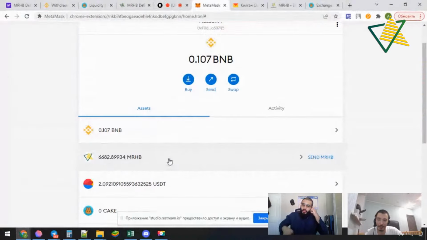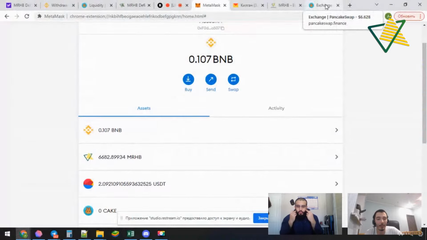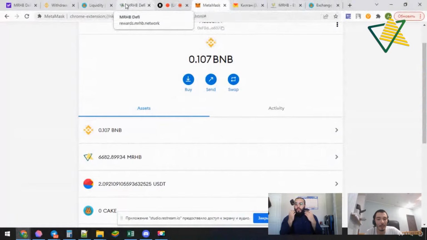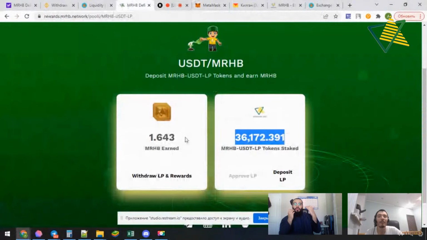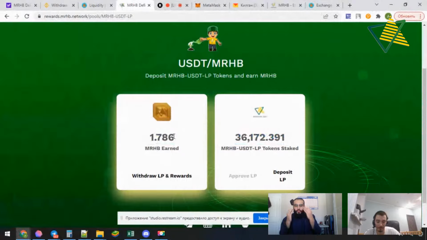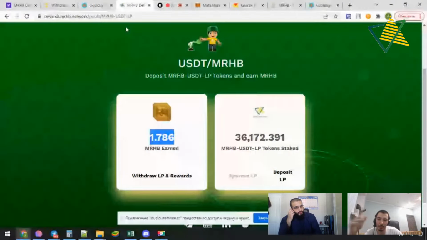6,682 MRHB. Before you keep going, maybe we can confirm to them that it's at zero, but it doesn't make a difference from your previous amount. You don't lose your previous amount. It just gets added on top of the previous amounts. The previous amounts are just not being shown to you. When you do a withdrawal, you withdraw your previous amount plus your new amount. Yeah. It's not just zeroed, and your earned MRHB tokens are going to your wallet.